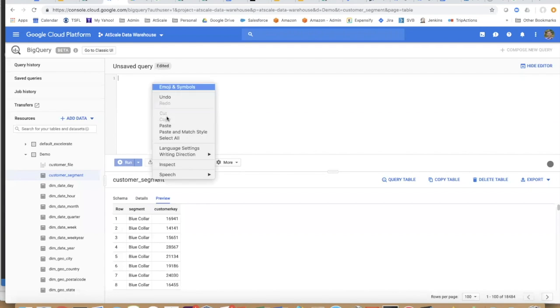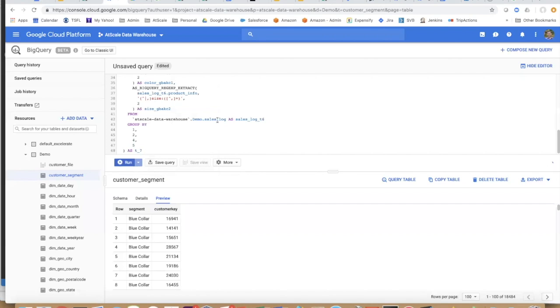So I'm going to go ahead and paste this into my query. And what you're going to see over here on the right is that this query is going to process 1.6 megabytes when run. Now, what that means is that 1.6 megabytes is what you're going to pay on a per query basis, because one of Google BigQuery's pricing models is based on the amount of data you're scanning. So let's keep that in mind. That's 1.6